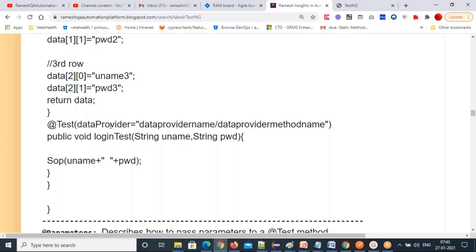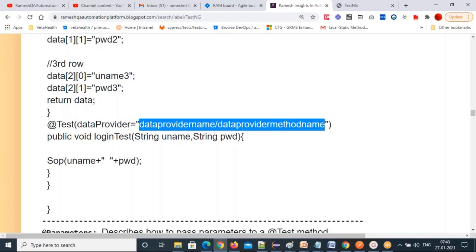Can you write the syntax? So @Test, in brackets, dataProvider keyword equal to data provider method name or data provider name, either one. If you give a name, you must pass the name of the data provider. If you are not writing a data provider name, just pass the method name.